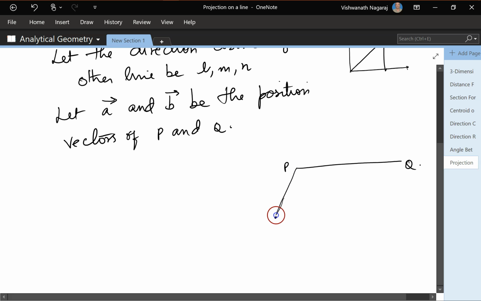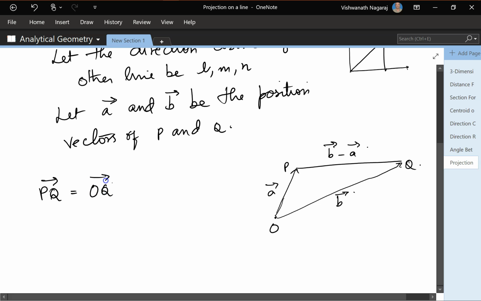So the position vector of P would be this and of Q would be this. This is A, this is B, so which means PQ would be what? B minus A, right? So vector PQ would be equal to OQ minus OP, which is nothing but B minus A,